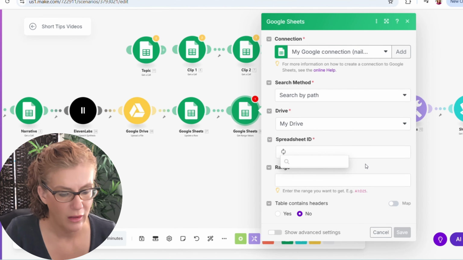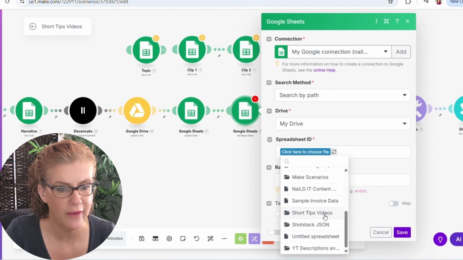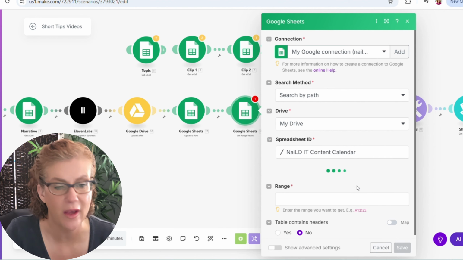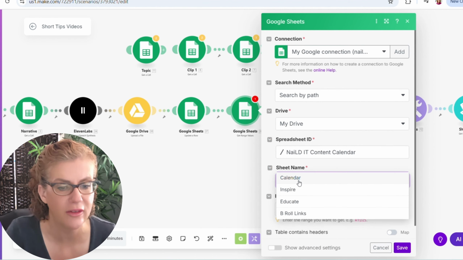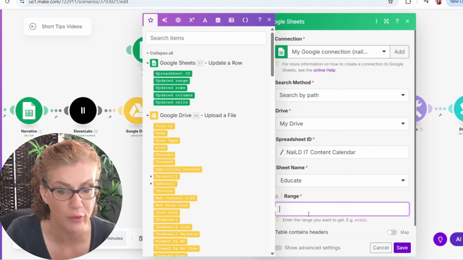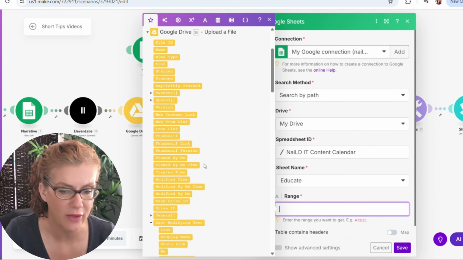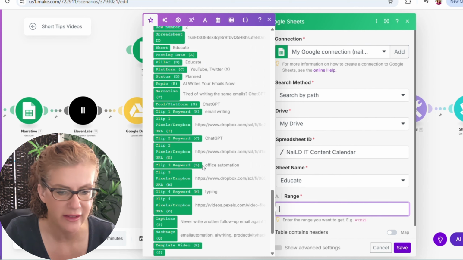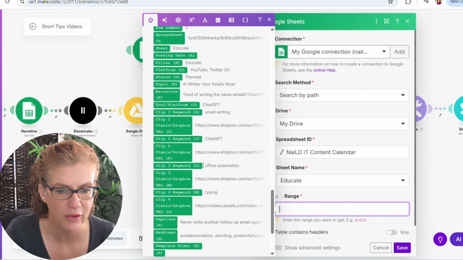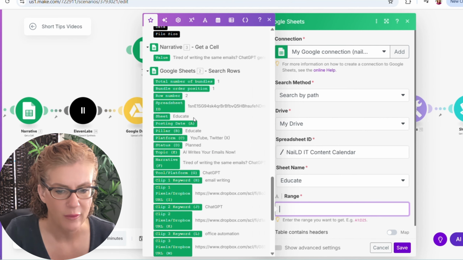And so here we are. We make sure that we've got our spreadsheet ID, which is going to be the content calendar, "educate" being the sheet, and then the range of values that we're going to get. If we look back down here, you can see that we go from A to whatever it is, right? So you can go from A,